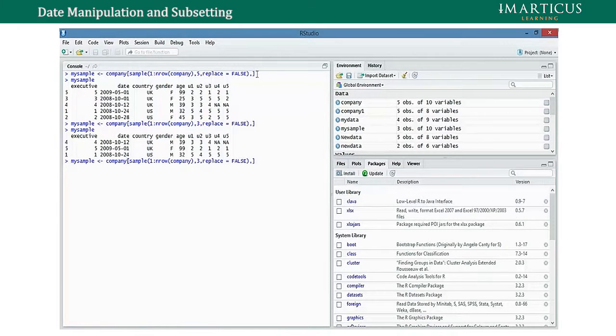If I rerun this again with the same code, and then I have a look at the sample, what you will observe in these two frames is that this is different and this is different because it's a random sample, right? One more option is I can make this replace is equal to true,